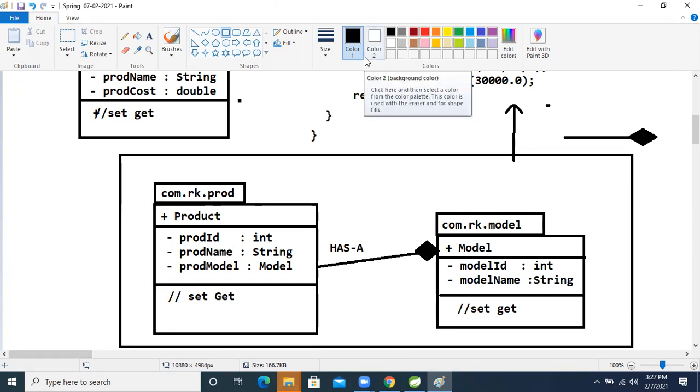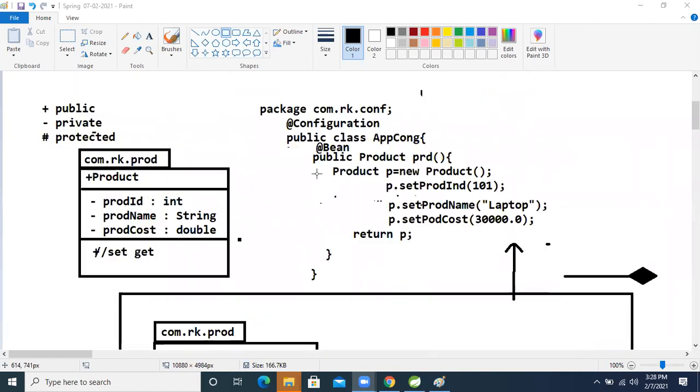Now, till now, if anybody has a doubt, please ask one to one. If we have 100 beans, then we need to write 100 beans like that, right? Yes. However many beans we have, that many configurations we have to write if we use a Spring-based application. Whenever we develop in Spring Boot microservices, I will show that those things are not needed. Because of that, I'm giving the preparation here. Whenever we write a Spring Boot application, I will remove this configuration.